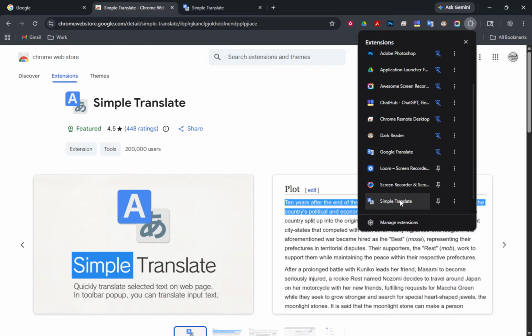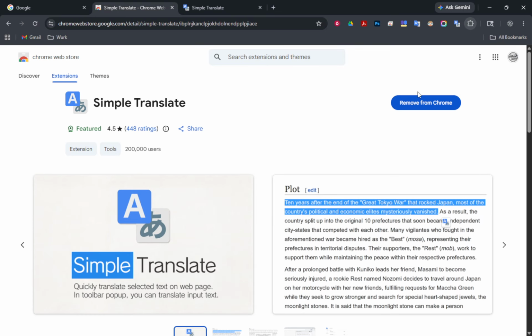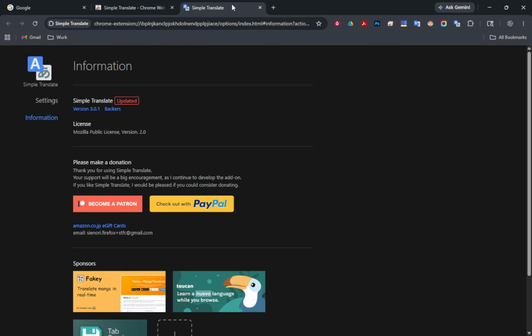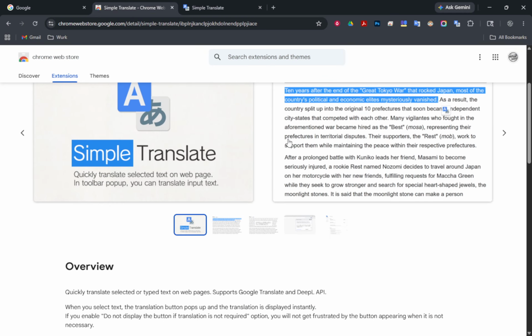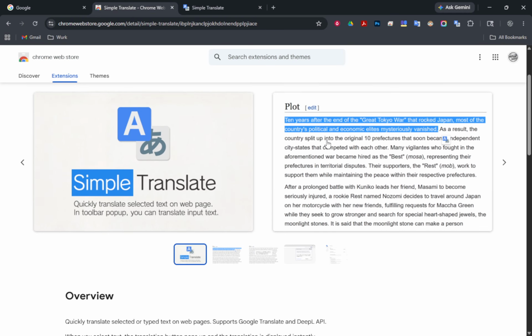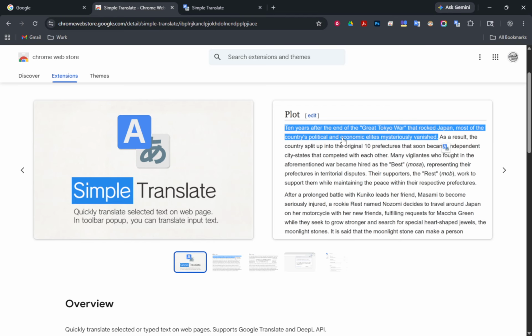The fastest way to get a translation is to highlight text directly on a web page. As soon as you select the text, an instant translation bubble can appear, showing the translated result on the spot. This is great for quick lookups without disrupting your reading flow. The extension typically detects the language automatically, and you can switch the target language right in the bubble if you need to.